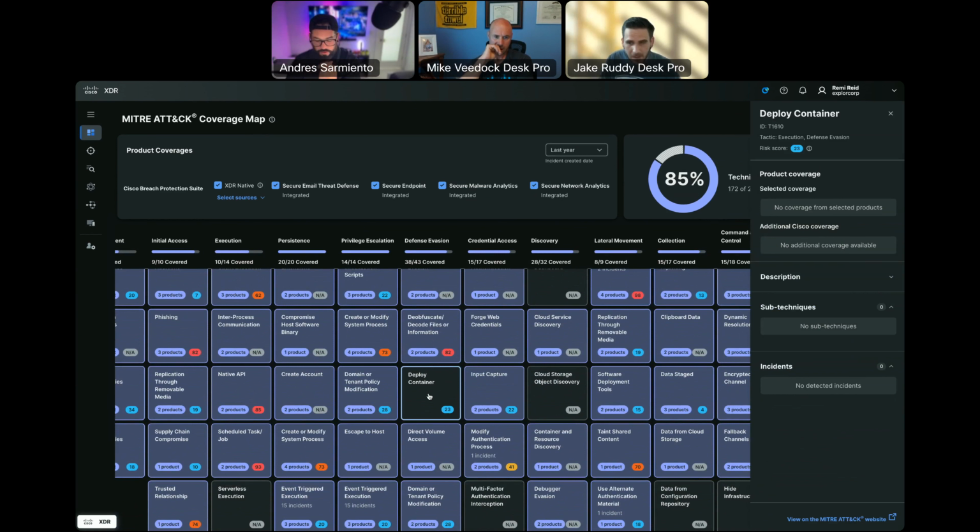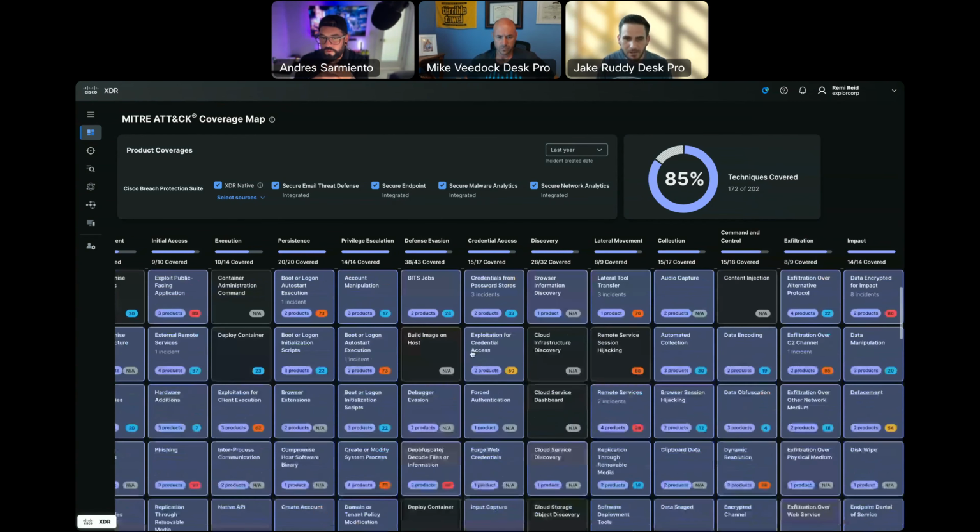On the roadmap, not here today, is suggestions of what types of products you could use to get coverage. Right now, it's just, do you have it? Do you not? If you do, you're covered. Further down the roadmap, we'd want to put a fair amount of time into this coverage map, helping you see, hey, I am curious about defense evasion and specifically container deployment. I see I don't have coverage. How could I get some sort of coverage or protection for that technique? At some point, that'll start to show up in the little drawer pop-outs for each of these: a handful of different Cisco products that you could look at to cover that particular technique.